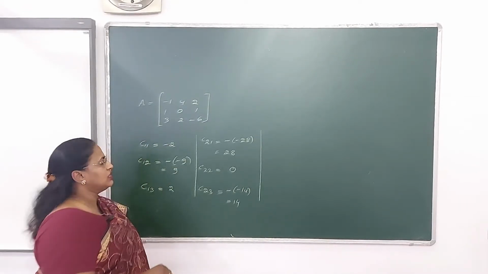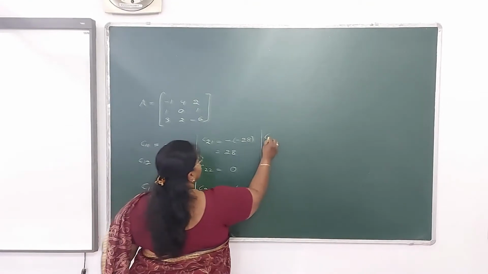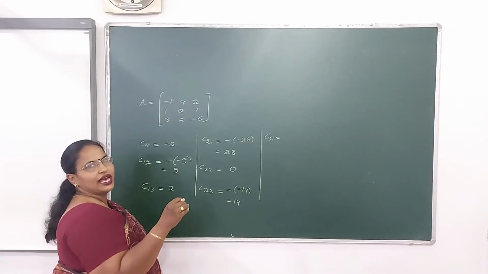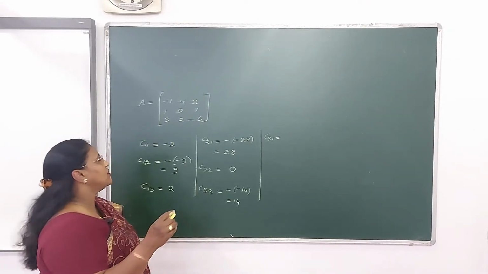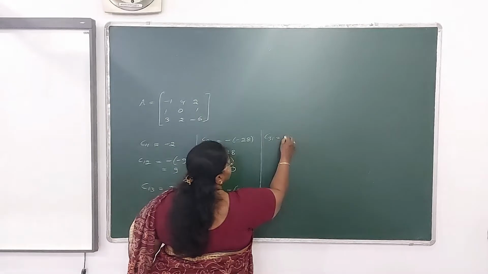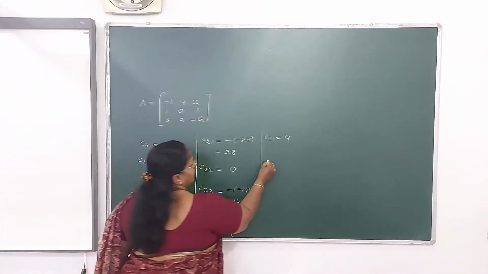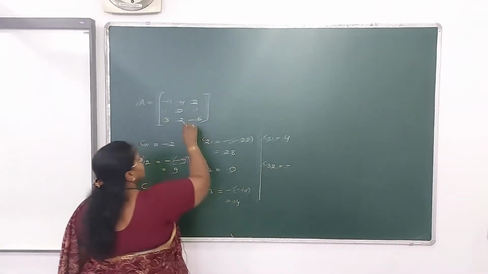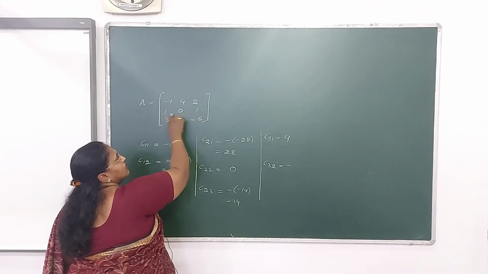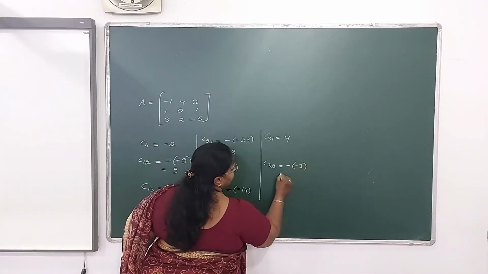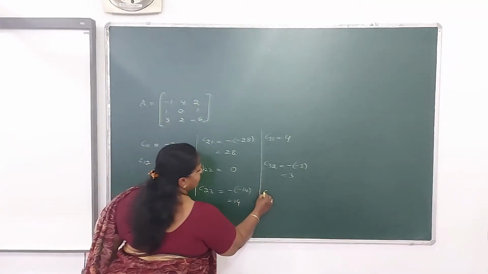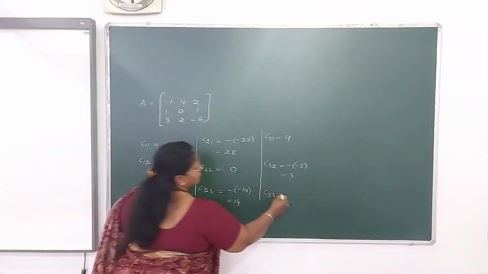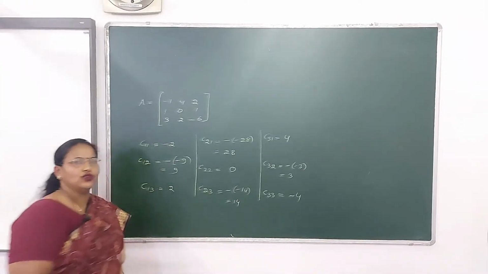Likewise, now we'll move to the third row, the last row. C31: 3 plus 1 is even, so nothing to mention, it will carry a plus sign. Delete the third row and the first column, so it's 4 minus 0, so the answer is plus 4. Likewise, C32: 3 plus 2 is odd, you will place a minus sign here. Delete the row and the column, it's minus 1 minus 2, it's minus 3, so that makes plus 3. Now the last element C33. Delete the third row and the third column. So it's 0 minus 4. So the answer is minus 4.